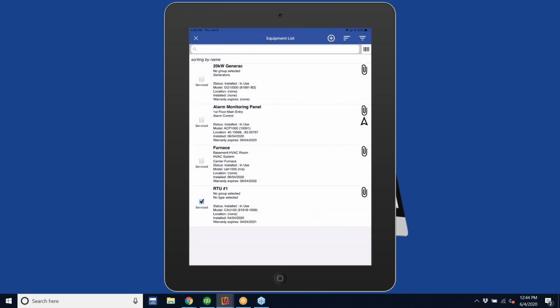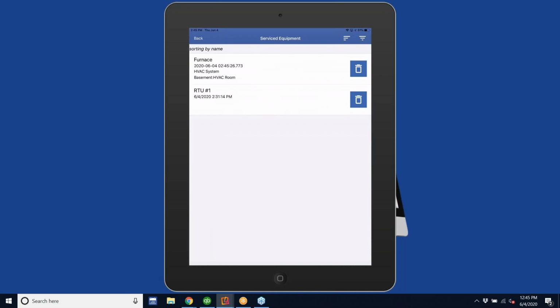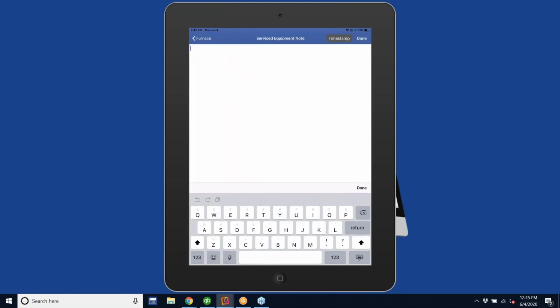But let's say I want to mark some of these things as service so that I can indicate that we did some things with them. So I can go ahead and select my furnace, and I'll leave the RTU there. I'm going to go ahead and back out of this. Those are now marked as serviced equipment together. So now there's 2 entries in that field. So the first one we can see is my furnace, the one that I just added. So I can go in here, I can tap on that, go and enter whatever notes I might have for the serviced equipment notes. Reset after was tripped. So do that, hit your little back button,